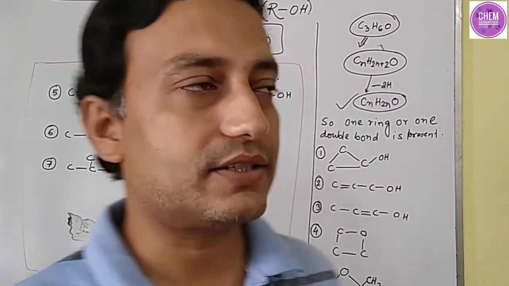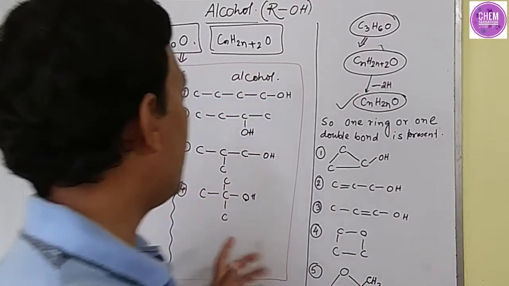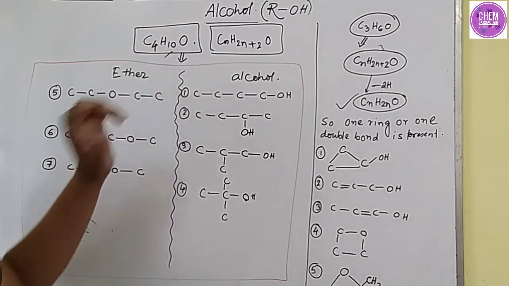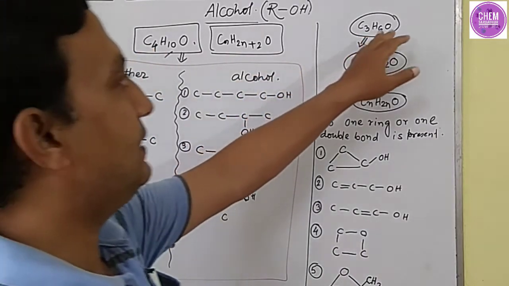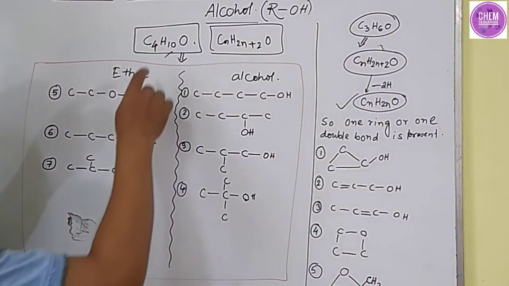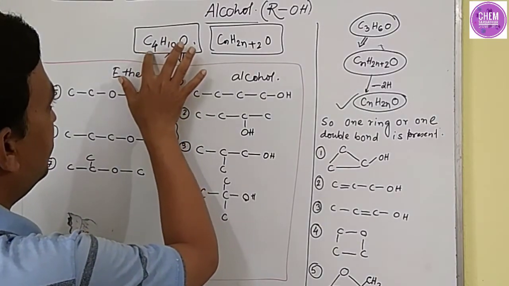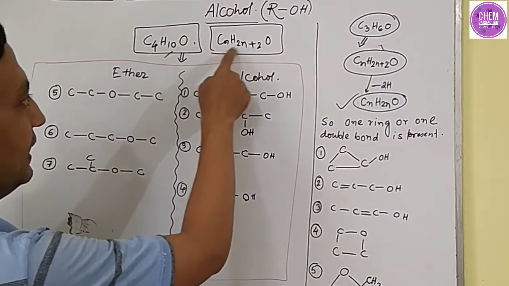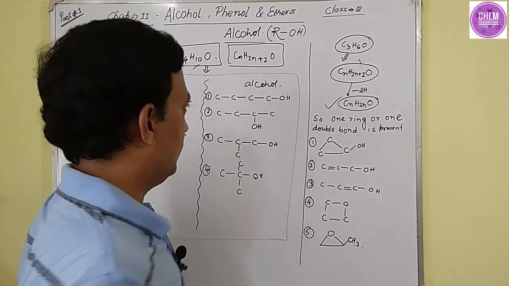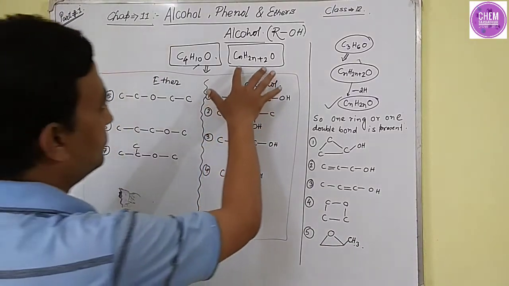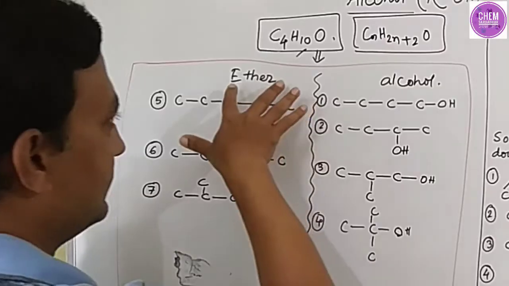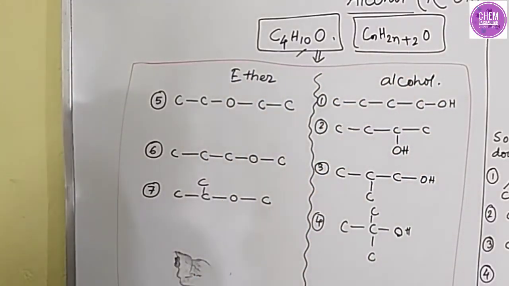Coming to the first question that I asked in the first part of the video, that is to write down all possible isomers having the formula C4H10O and C3H6O. Two different questions, but the method should be the same. Now look into the formula C4H10O, which corresponds to CnH2n+2O. That means it is an aliphatic, saturated alcohol. So by this formula we can write two types of compounds, that is, one is alcohol, another is ether. So there is a series of alcohol and a series of ether.